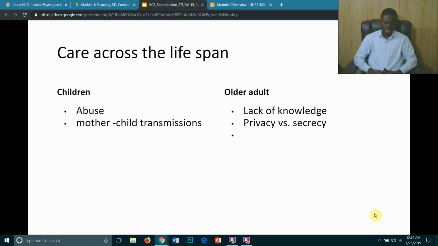Changing social relationships, for example divorce and widowhood in the middle years, also have a greater impact on sexuality, and this can increase the risk for exposure to sexually transmitted disease. Also, physiologic changes during menopause, such as mucosal tears from vaginal atrophy, which means the mucous membranes drying up, may also place them at a higher risk.